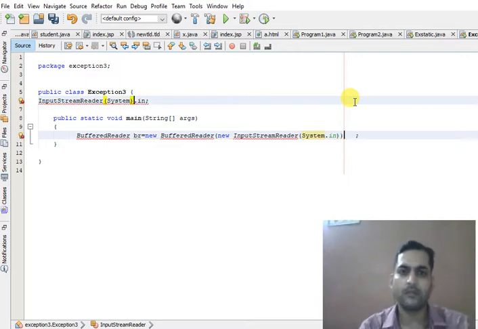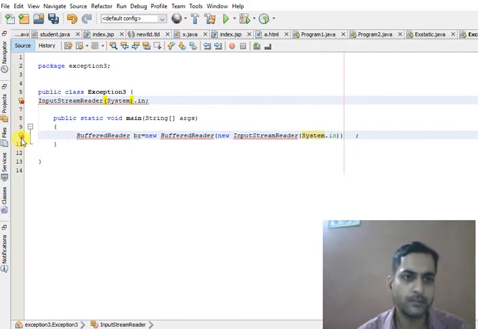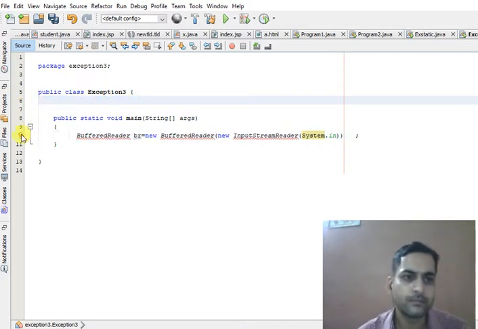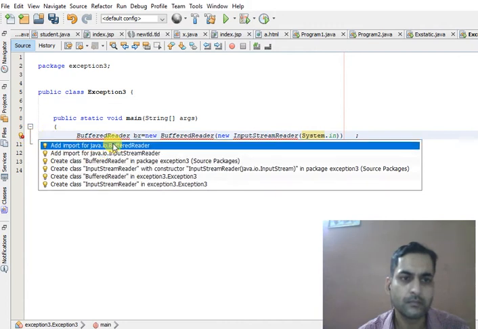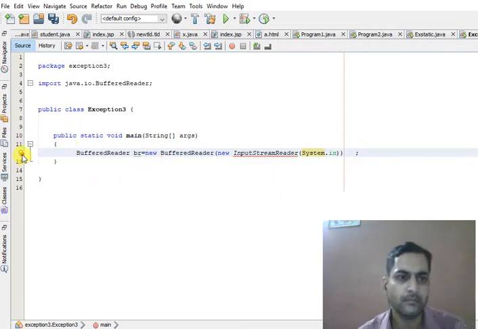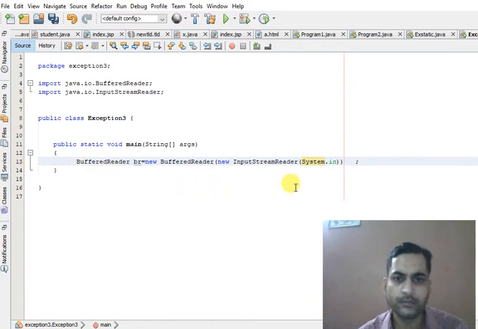So this is one of the ways to take input from the keyboard. Let us import the InputStreamReader also.